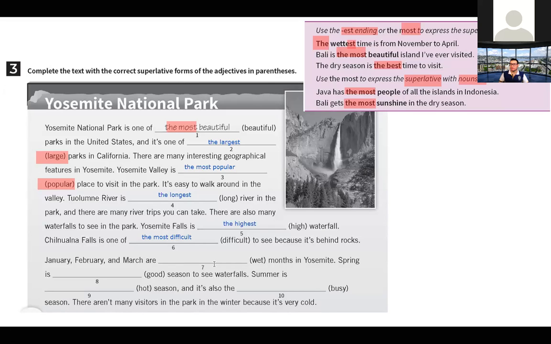What do you think? Wet. How do I have to do my example with wet? ¿Qué diré? It's the wettest, the most wet. What's the answer? What do you think? You have to take care about that, right? Wet.